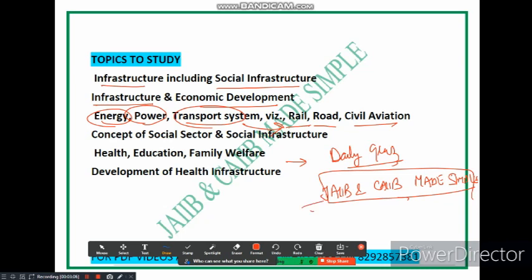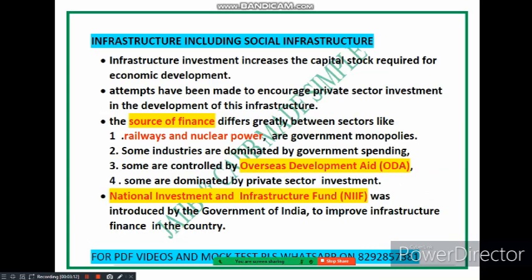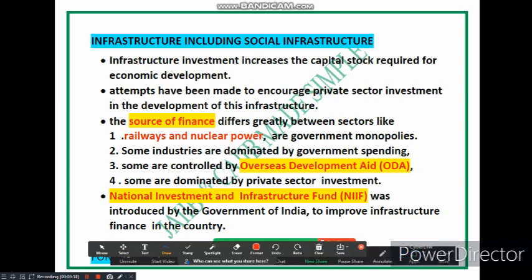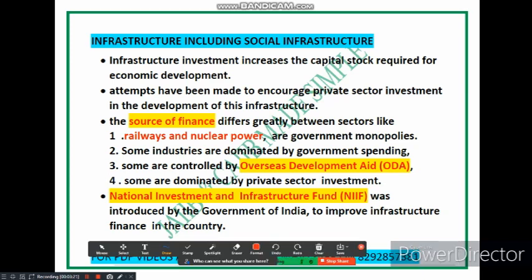So now let's continue our discussion. The first thing is infrastructure, including social infrastructure. So what is infrastructure basically? When a country invests in building infrastructure like roads, bridges, schools, hospitals, and power plants, it helps create the necessary foundation for the economy to grow. Let's say a government builds new roads and new bridges. In this case it allows people and goods to move more easily, which can boost business activity and stimulate economic growth, right?